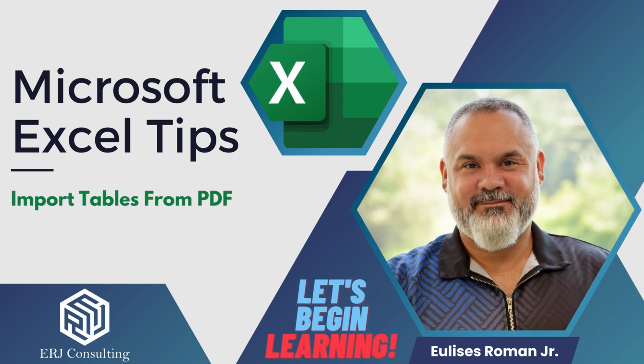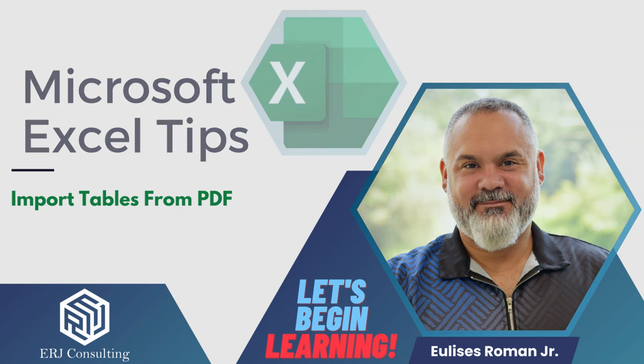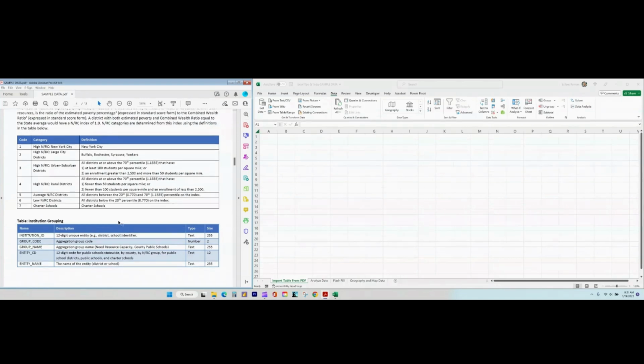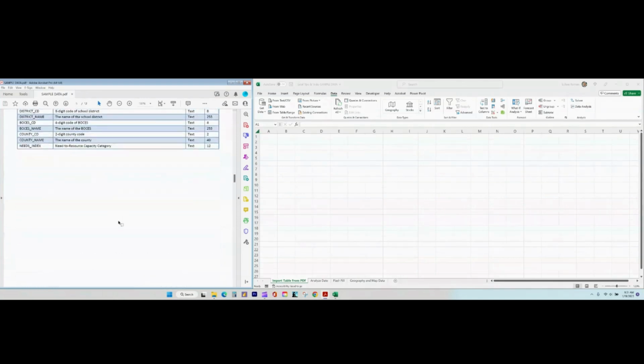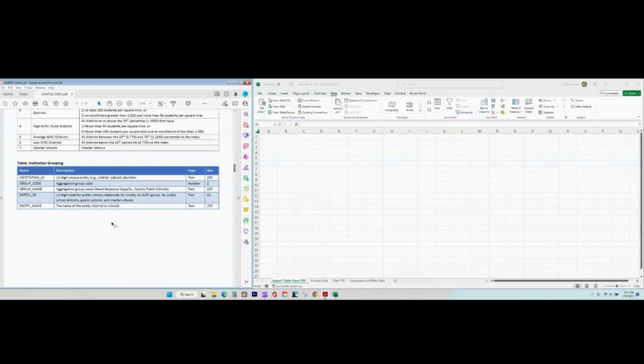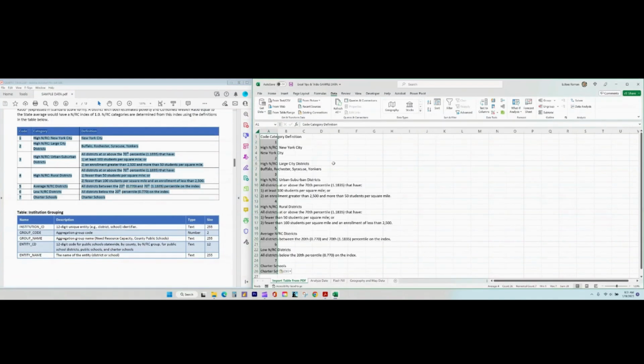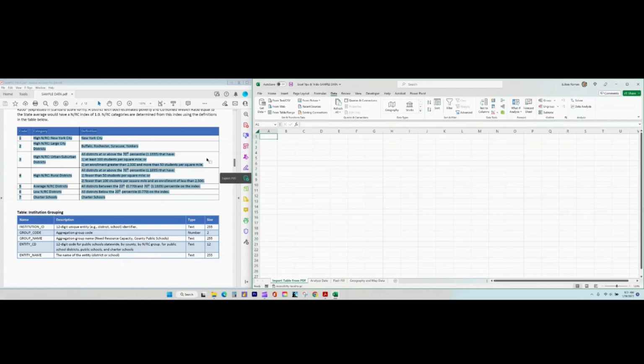Let's begin learning. So as you can see over here on the left-hand side, I have a PDF file that has some tables with useful information. And I wanted to copy and paste this particular table into Excel, but when we do the traditional way of copy and pasting, as you can see, it doesn't take the format of the table. So I'm going to show you an easy way within Excel to actually import this table directly from a PDF